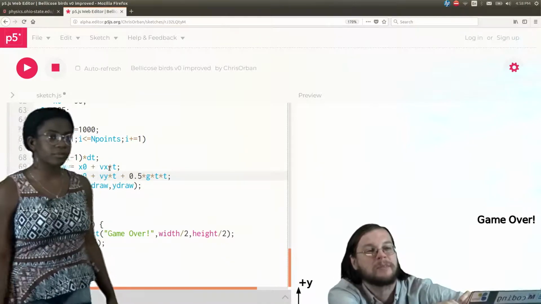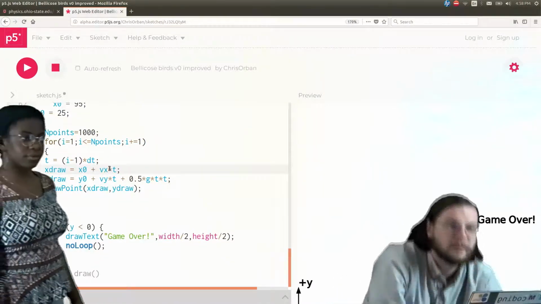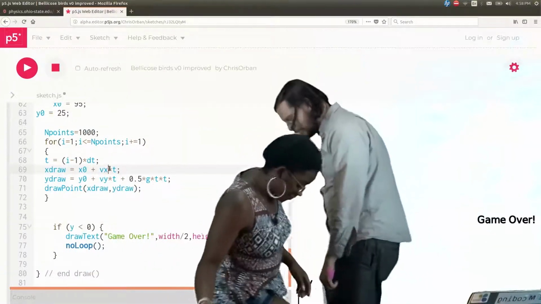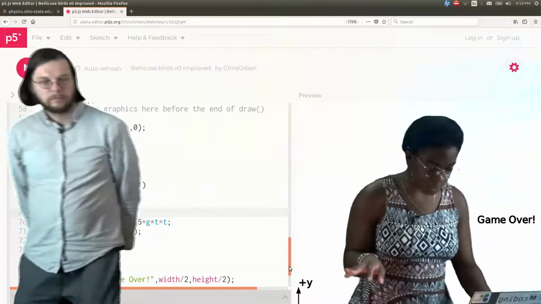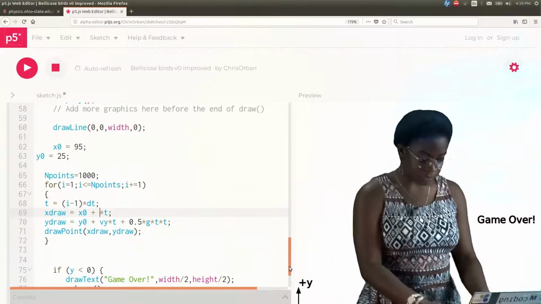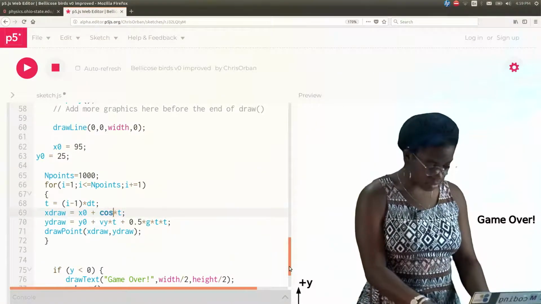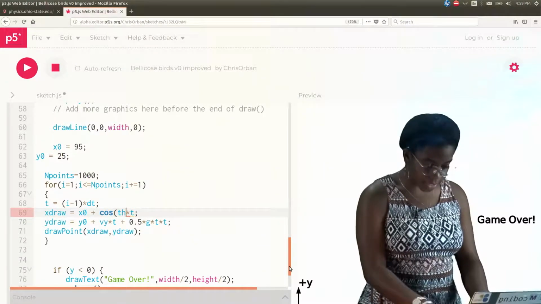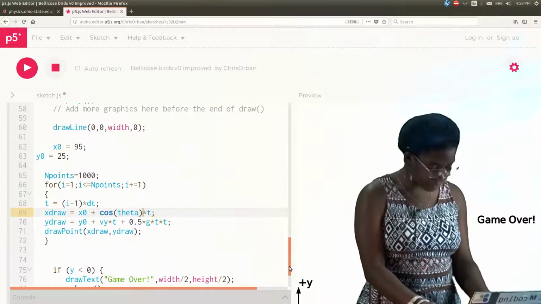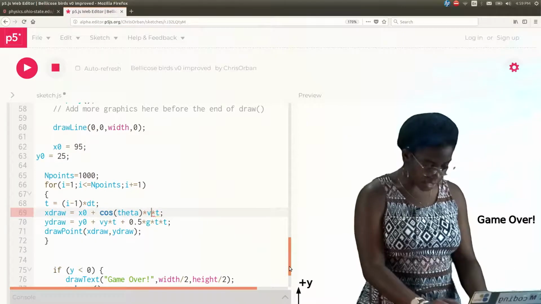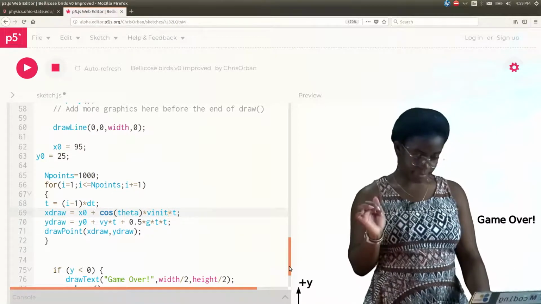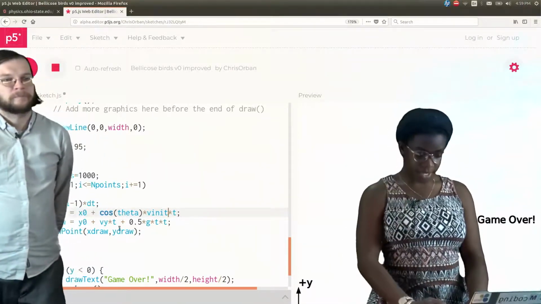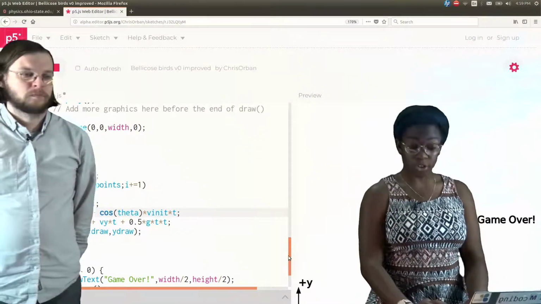So we've got to replace this with the initial Vx and the initial Vy. And I know someone who just did a bunch of trigonometry to figure out what that should be. So our Vx, which you remember, is cosine theta times Vinit times t. Looks good. So then our Vy, again, if you need help or you don't remember,